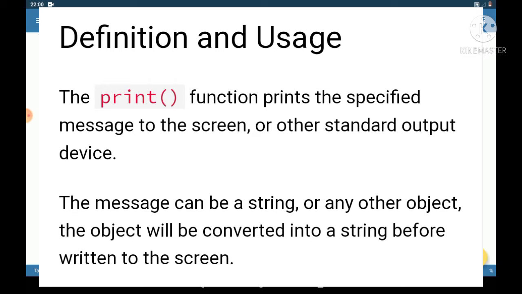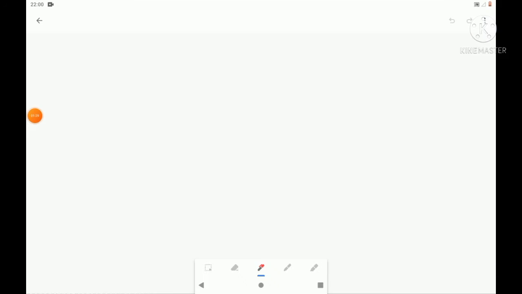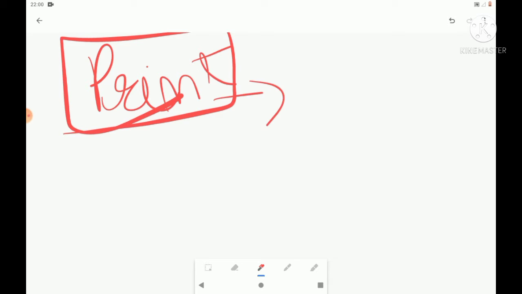Let me bring a board. So you can see the board. This is the print function which we are going to use.